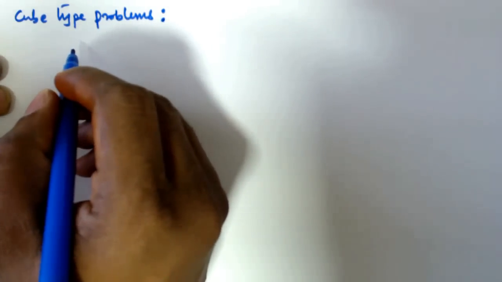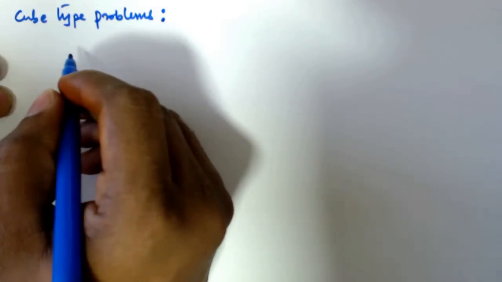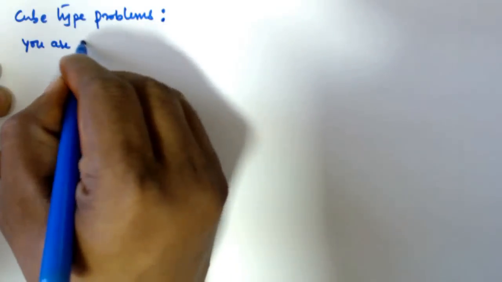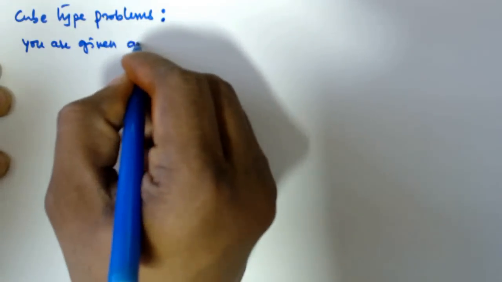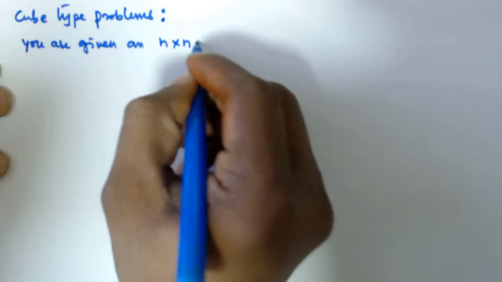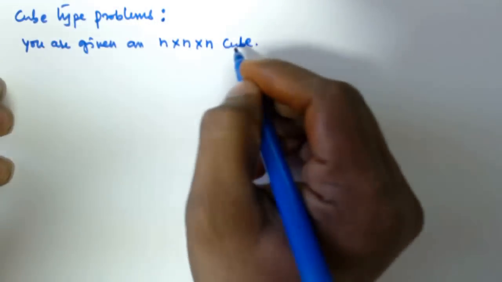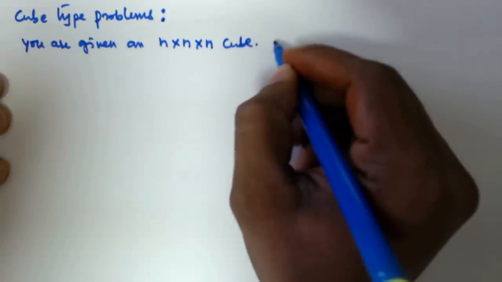Hello friends, in this video we will see another problem based on the cube. So the problem is you are given an n by n by n cube. So that means the length, breadth and height of the cube is n. So all of the